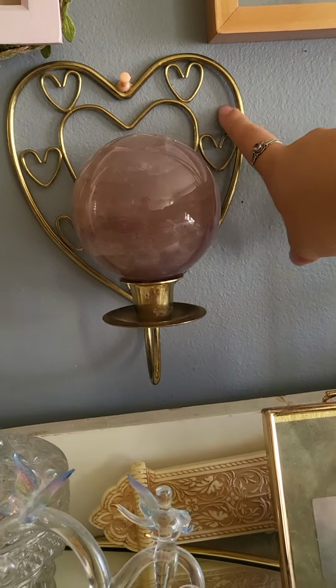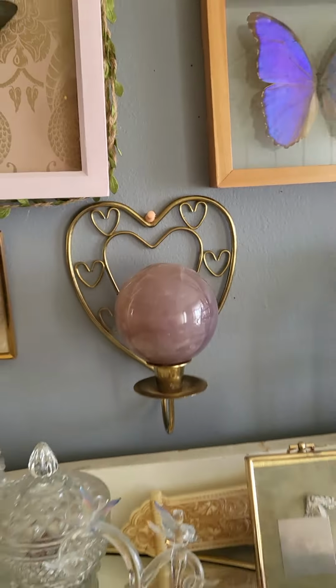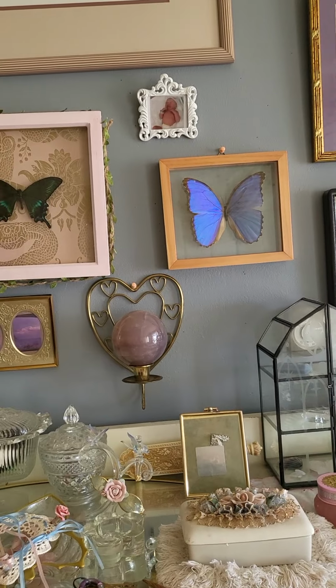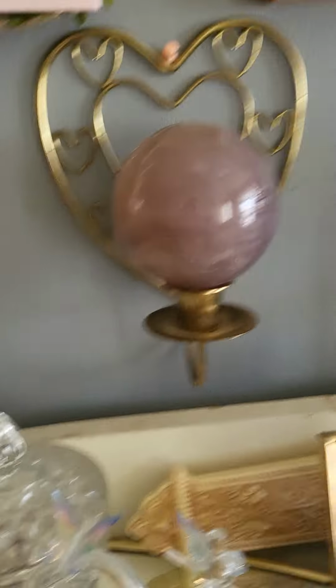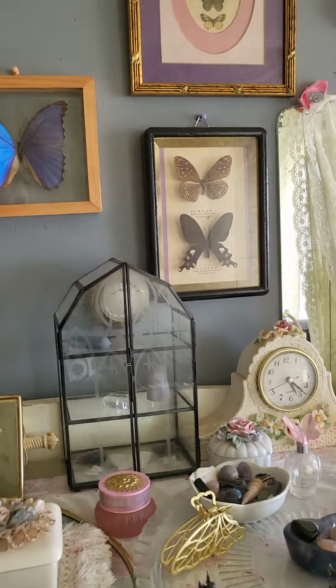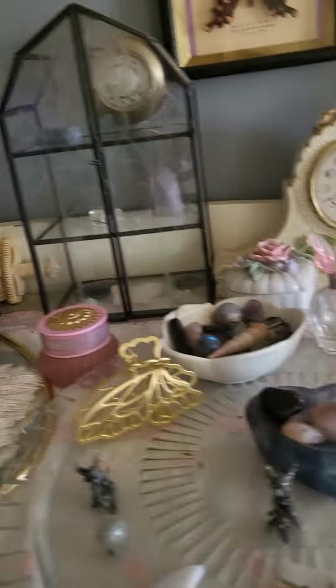have a new candle holder. This one is super easy to find. I've pretty much found hundreds of them on Etsy and things like that, but it's just so cute with the setup. Oh, I love it. And I decided to put this sphere over here because I don't have a whole lot of crystals on this side. I have these little dishes and stuff, but